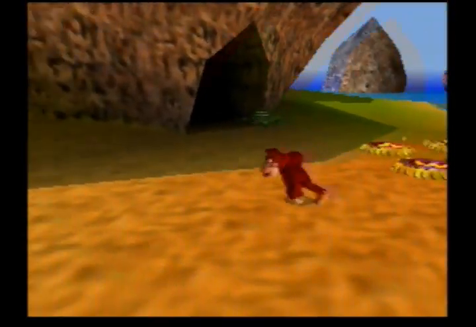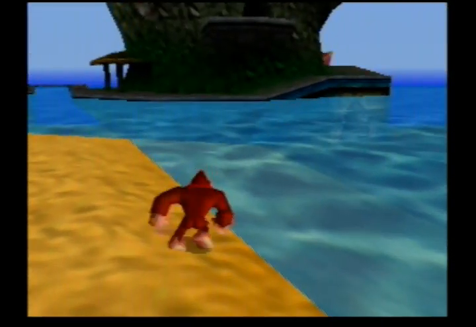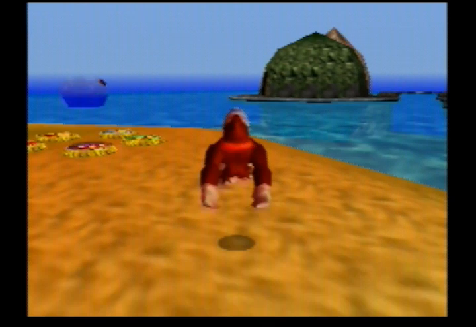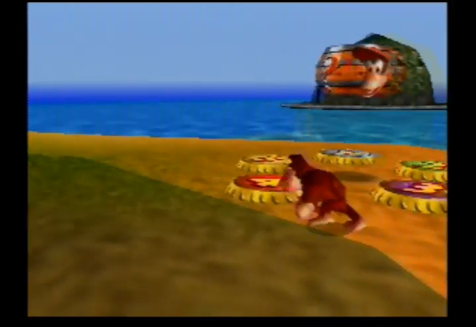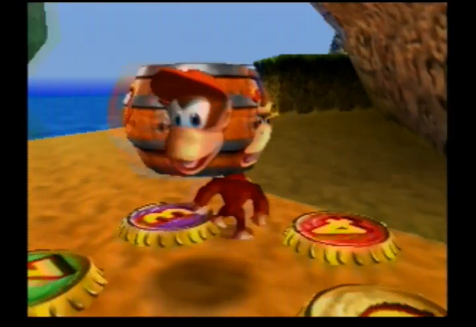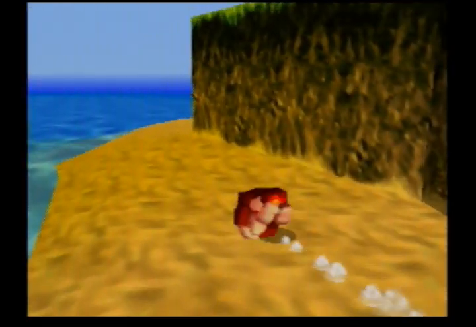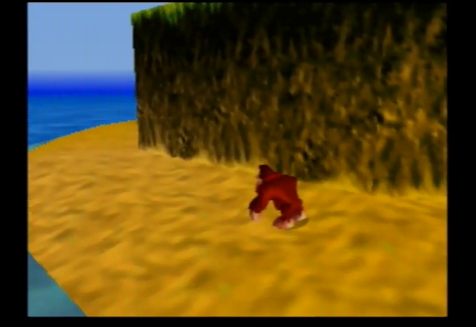In the last part we finished up Jungle Japes, so in this part we're going to go to Angry Aztec, the second level. Normally at this part of the game you're supposed to turn in the key from the first boss to Key Lumsey over in this island, and he will open the second level for you. But you don't actually have to do that. There's a really cool glitch that you can do to get into Aztec early,